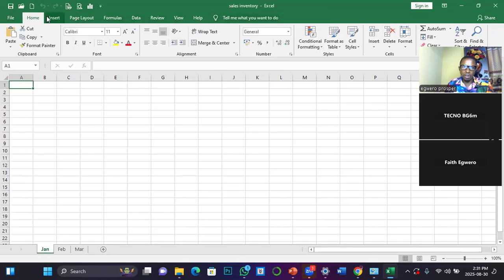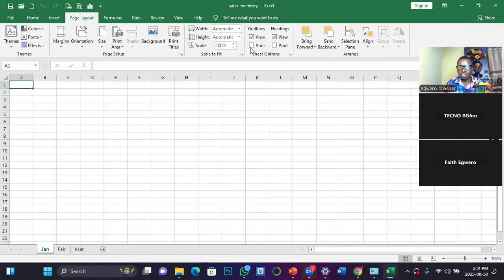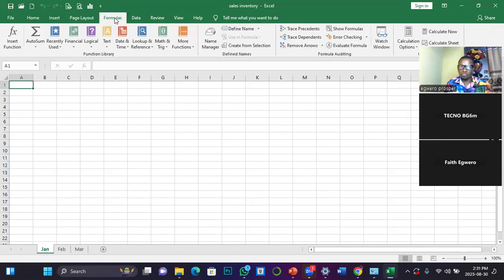So I'm going to show you now. If you click on home, these are the properties of this tab, the commands under this tab. If I go to insert, these are the ones under insert. If I go to page layout, these are the ones under page layout. If I go to formulas, these are the ones under formulas.